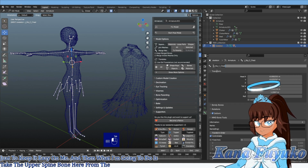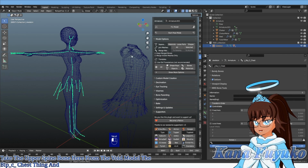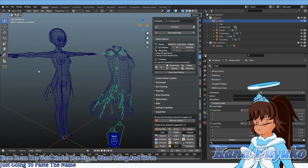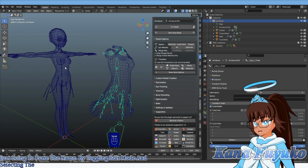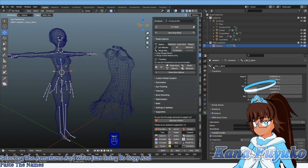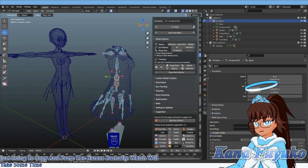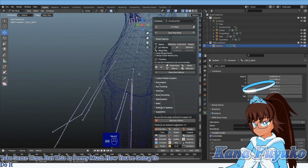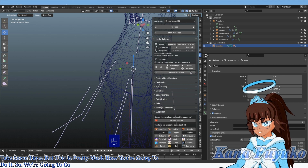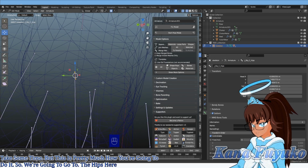model, the BIP_C_chesting, and we're just going to paste the name by toggling edit mode and selecting the armatures, and we're just going to copy and paste the names basically, which will take some time, but this is pretty much how you're going to do it. So we're going to go to the hips here, like that,